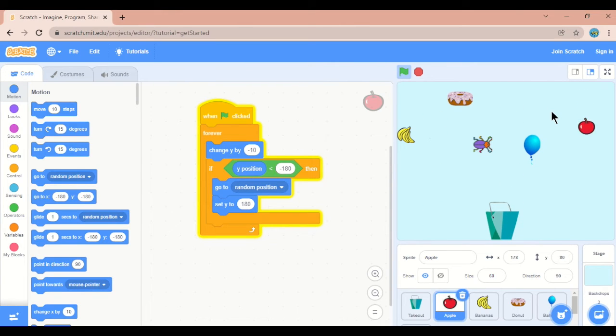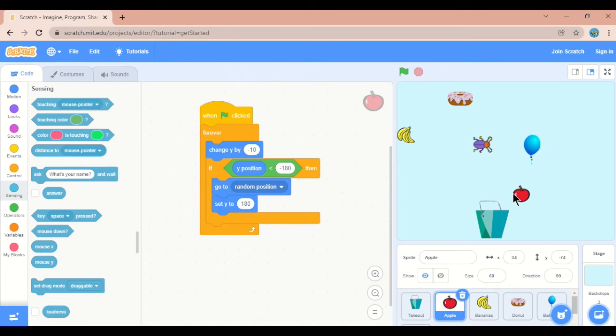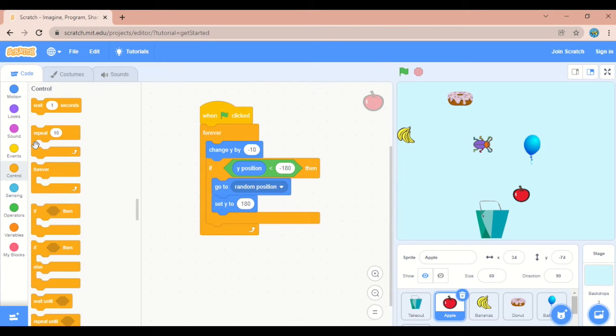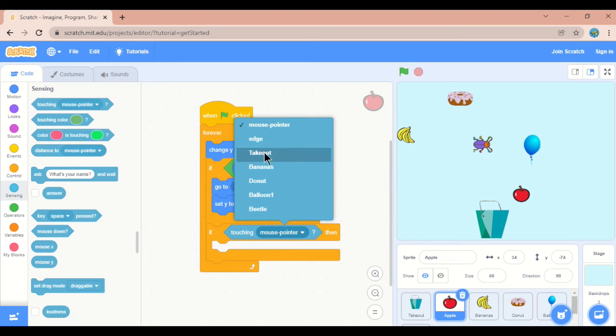Now we have to give one more condition. When the apple touches this catcher, then we will get 1 point, right? So we have to give that command now. We will select this apple first. Make sure that you have selected the apple for coding. Then go to control, if, sensing block, if it touches the takeout, its name is takeout, so select this one.